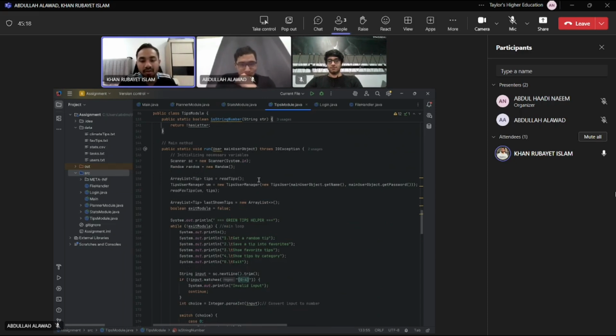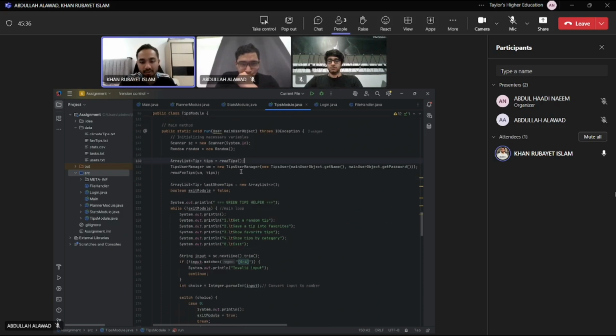The main method is the brain of the program. First of all, we can see that there is a scanner. We use a scanner in there, and also this is our output. The greeting, tips helper, and random tips take input from the user, etc. It displays the choice to the user, and then